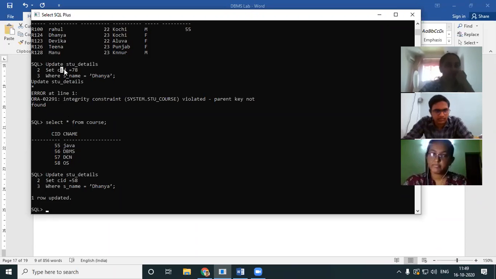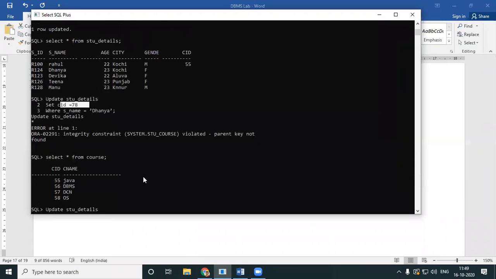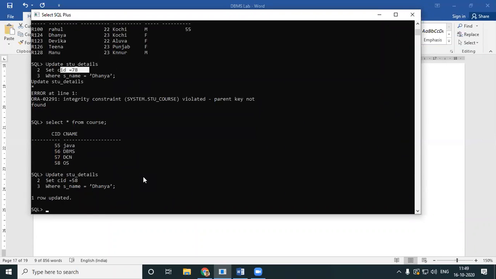But when I give 78, I will get an error because 78 is not there. So that is how a primary key foreign key relationship works. You can enter only details which are already existing in the parent table. Otherwise, you'll get an error, parent key not found.